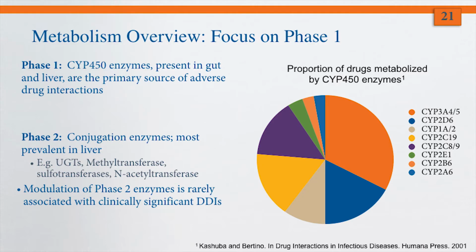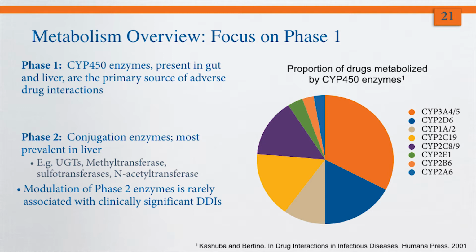So let's move on now to metabolism. Here's a brief overview of the principal metabolic routes. We talk about phase 1 and phase 2 metabolism. Phase 1 includes the CYP450 or cytochrome P450 enzymes present in both the gut and the liver. It's our primary source of most adverse drug interactions, so we'll spend quite a bit of time talking about the CYP450 enzymes. The phase 2 enzymes are the conjugating enzymes, such as UGTs,